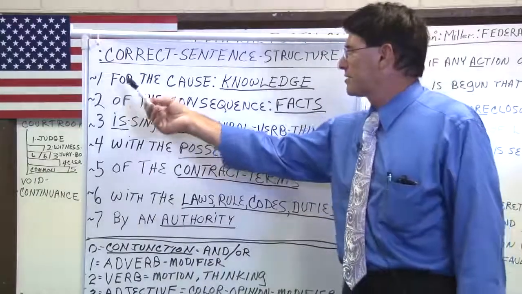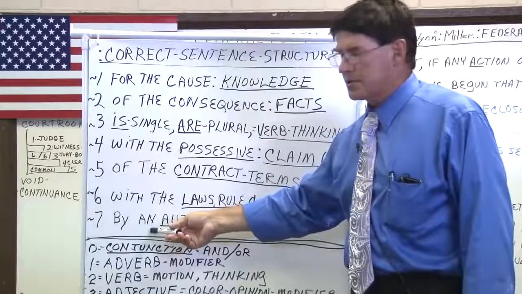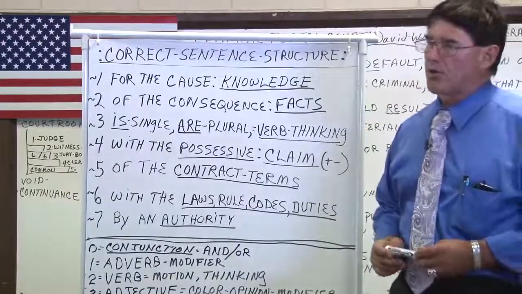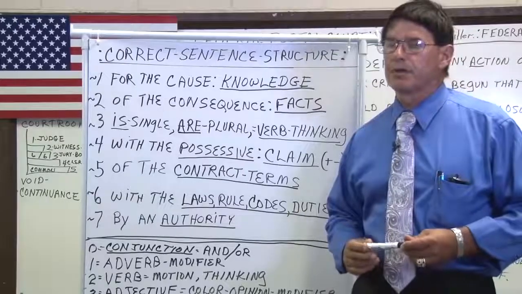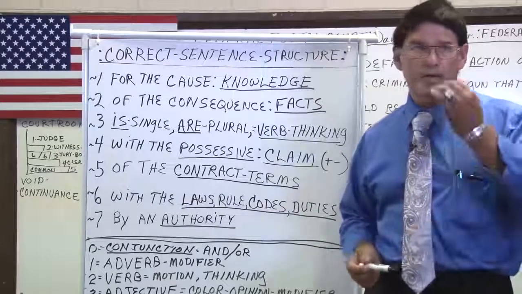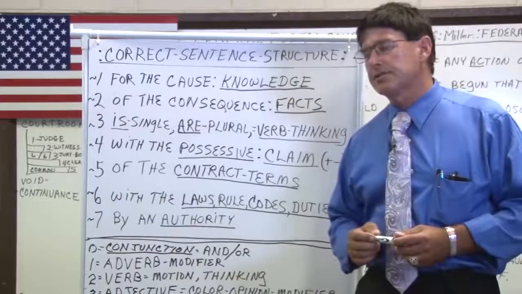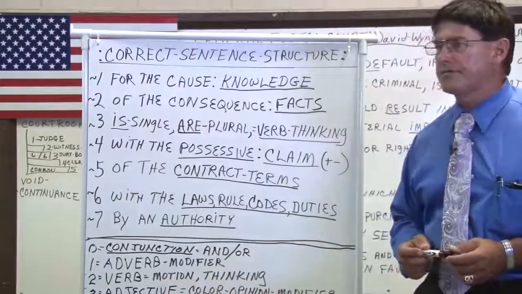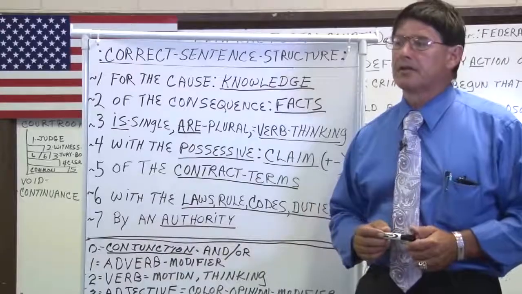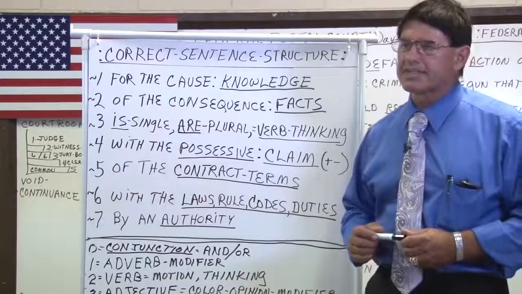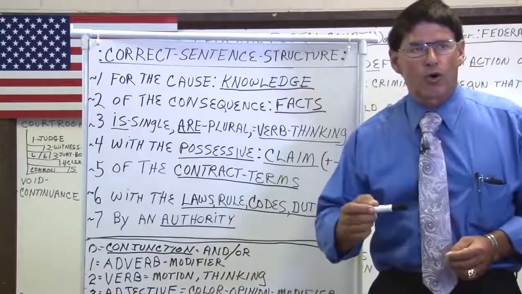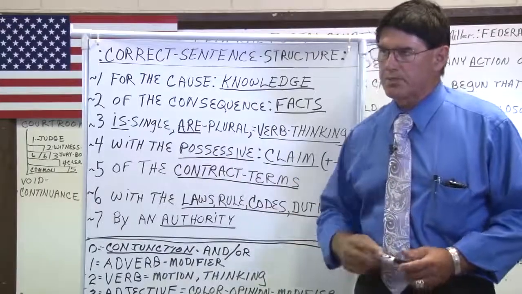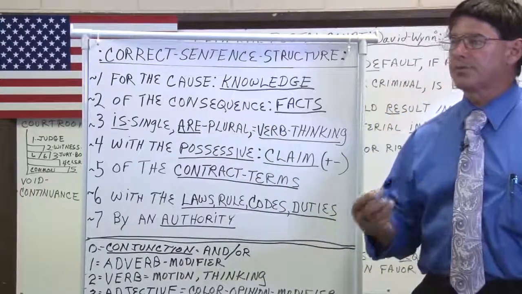Now, when you're constructing a sentence, the rules and regulations of constructing a sentence are the same rules and regulations that even a fiction court must go through to establish an individual's ability to stand trial. So what we've done is we have perfected that all sentences that are used in every one of our documents, and we average about 60 to 100 different sentences, but each sentence qualifies under the rules of what a court has to establish in order to be a court. And the very first thing a court must establish is the word knowledge. Does the person have the knowledge to understand what is being said to them?